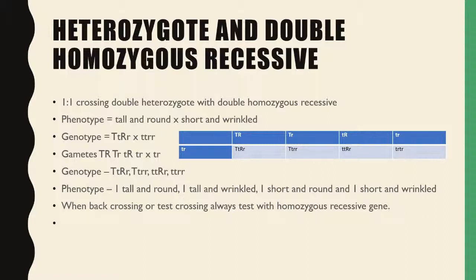So it's 1:1:1:1. The genotypes are done by crossing big T, small t, big R, small r, and you cross that with the recessive. As we see, it's double heterozygous, because you have a big T and a small t, that's heterozygous, and big R, small r, that's heterozygous. You cross that with your double homozygous recessive, which is 2 small t's, 2 small r's. So the gametes are there, and the genotypes are what we get: 1 tall and round, 1 tall and wrinkled, 1 short and round, and 1 short and wrinkled. This is known as back crossing or test crossing, and this is always done with your